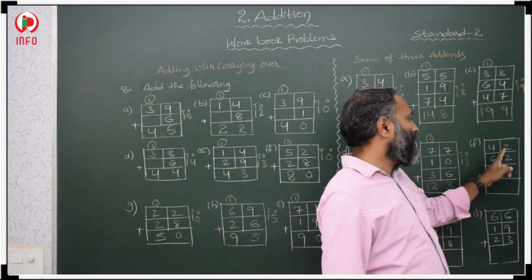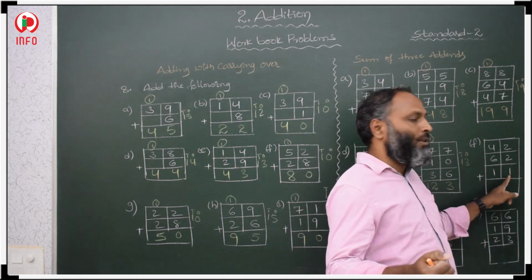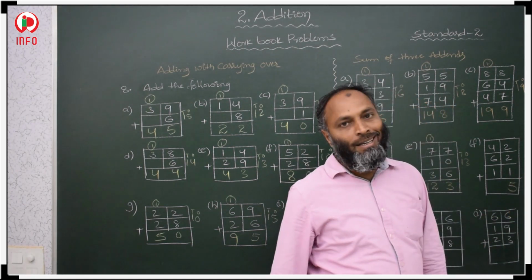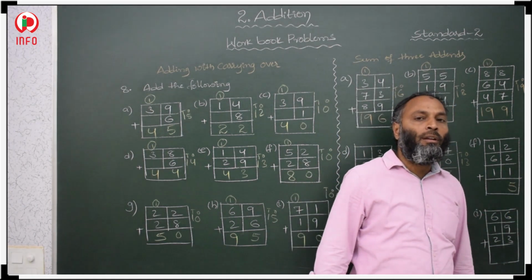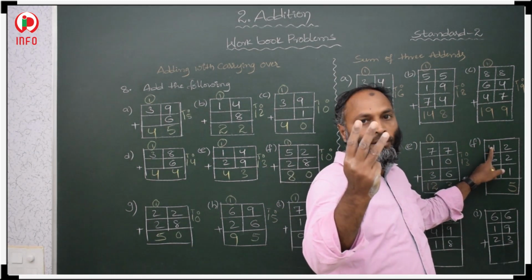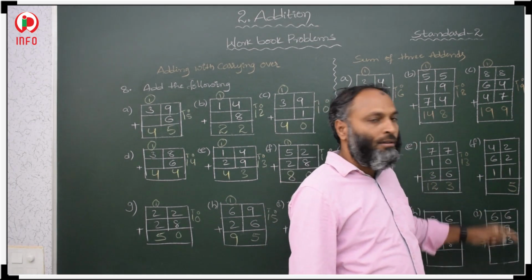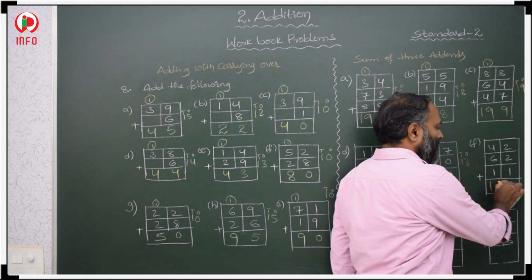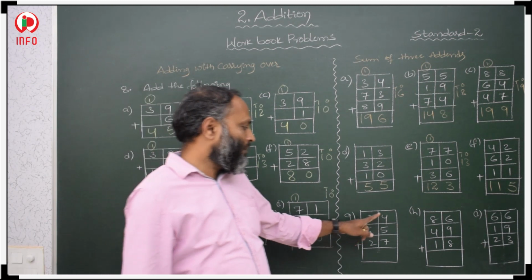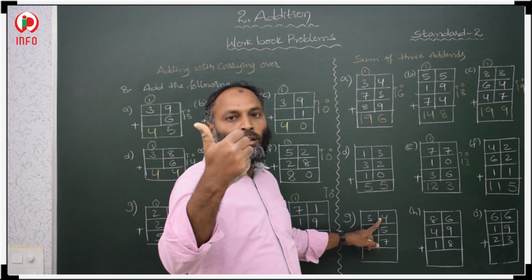Now 2. 2 plus 2, 2, 3, 4. 4 plus 1, 5. 5 is a single digit, no need to regroup. Then 4. 4 plus 6, 4, 5, 6, 7, 8, 9, 10. 10 plus 1, 11. 115.